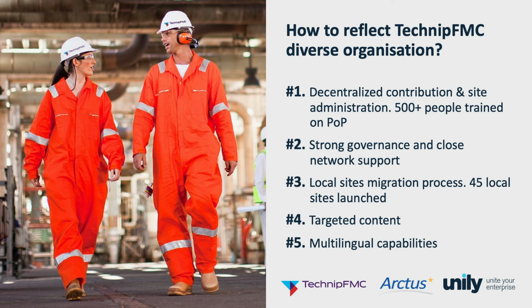One of the challenges we had to face was how to reflect TechnipFMC's diverse organization, because as a major company of the energy sector, TechnipFMC is constantly evolving and changing through mergers and acquisitions. We've talked about that, and they have active locations in more than 45 countries. As a result, it's a real challenge to represent that complexity in an intranet, ensure end users have access to the proper resources and information they need, and not just standard global information, but really useful and